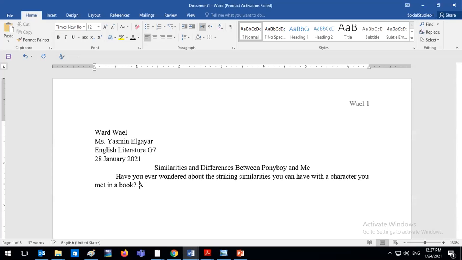In The Outsiders, remember, I'm going to mention the novel name. So novel titles should be italicized. So I'm going to italicize right here with the curved I, the tilted I. Remember, this is italicized. In The Outsiders. And then I'm going to remove my italics because I'm done. I can remove it by clicking on it again. In The Outsiders, S.E. Hinton. Remember, we need to mention the name of the novel plus the author. S.E. Hinton